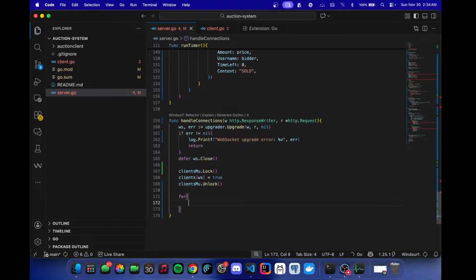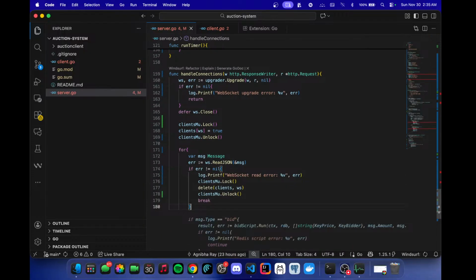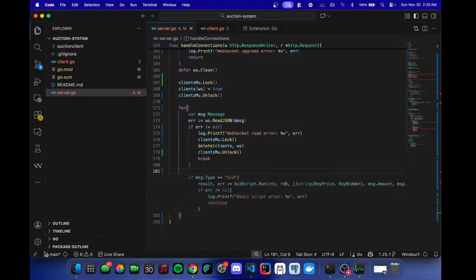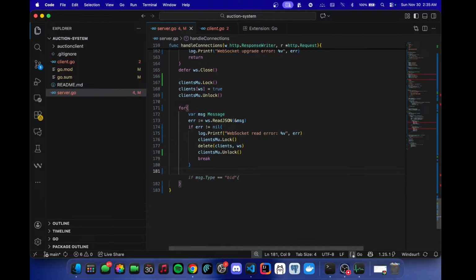For var message error. Okay, okay, okay. No, no, no, I don't think. Delete clients, ws clients, emulator unlock. Break. Okay. Now we need to implement the if